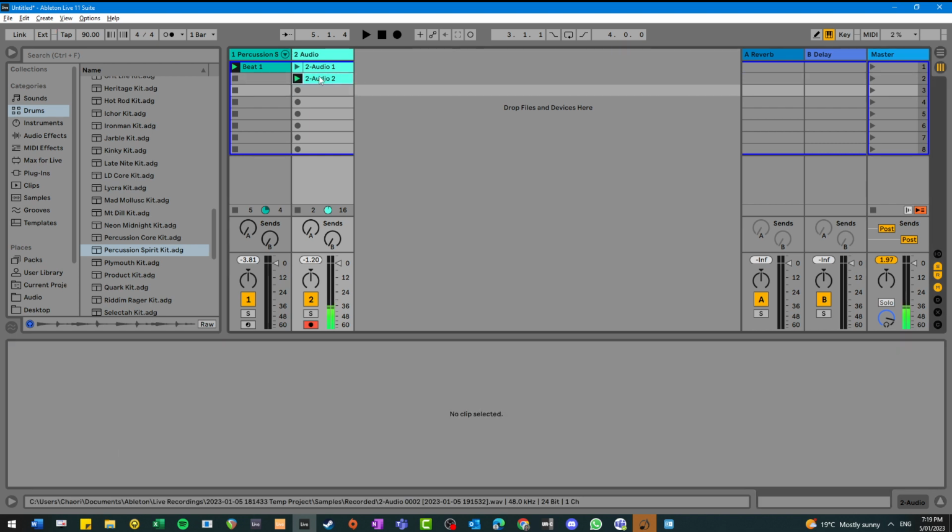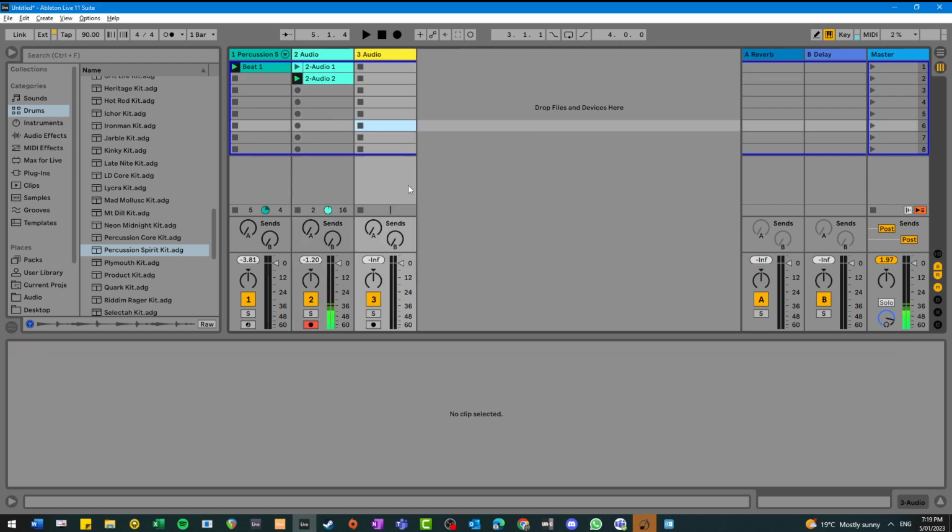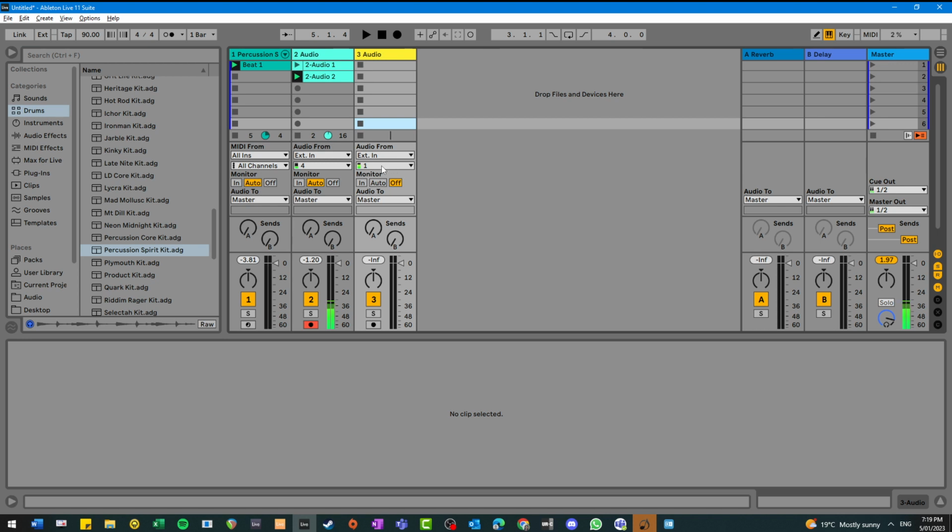So again, you can then right click, insert audio track, make sure it's on your input for your guitar, press auto, press record. You should hear it. Now I haven't got a count in. Oh yes, I do, 1 bar. So if I press now,